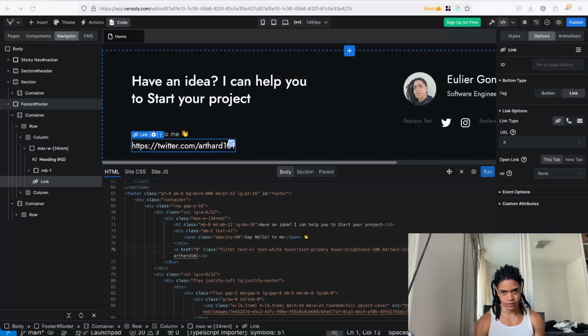We have to export that as a const, and then return this entire JSX or the HTML, and then let's go to export default footer.